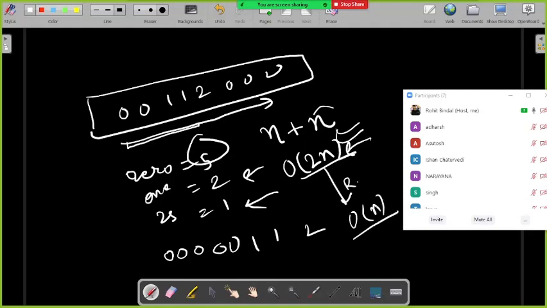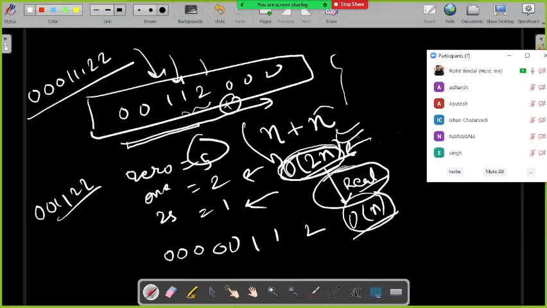Now this is the real thing. This is what the interviewer wants. The first solution was n squared, then n log n, then we moved to this. If you find a 2, give it the back position.